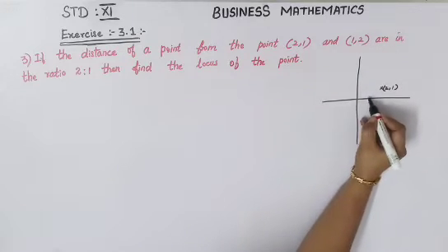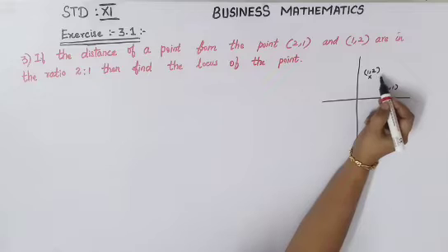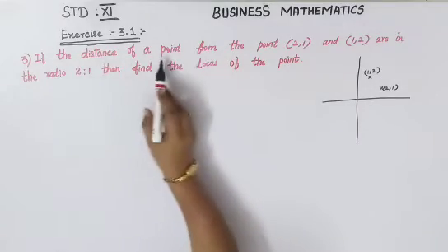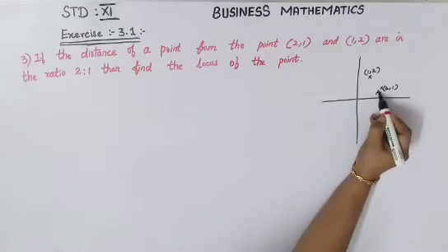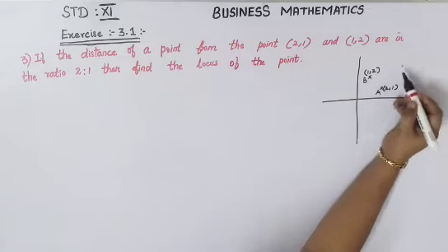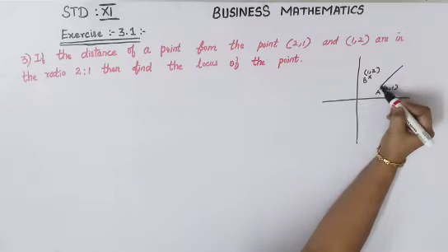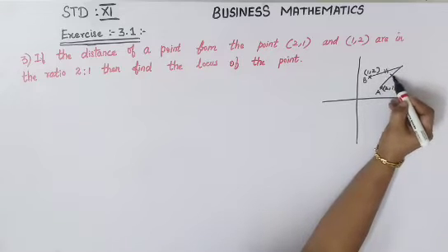So from here 1, and in your y-axis you will have 2. So it is 1, 2. And you will have to find a point now, that is your locus of a point. That should be equidistant from these 2 points. Okay, so I'll just mark this as A and this as B. We'll find a point here somewhere that should be equidistant to A and B. So both will be at the same distance.